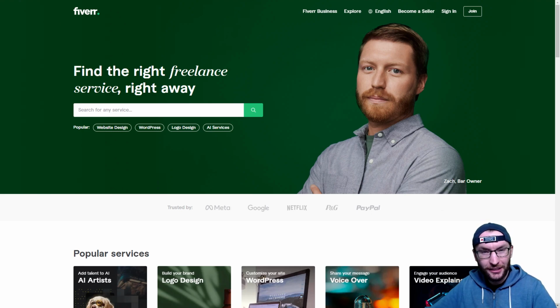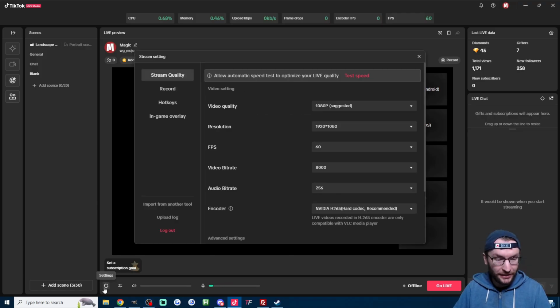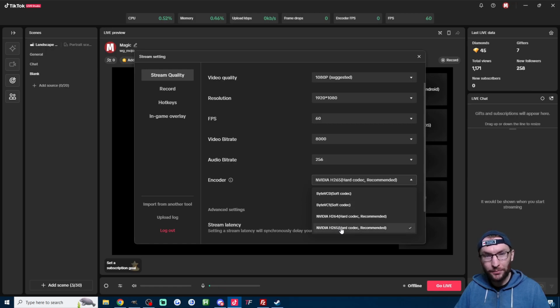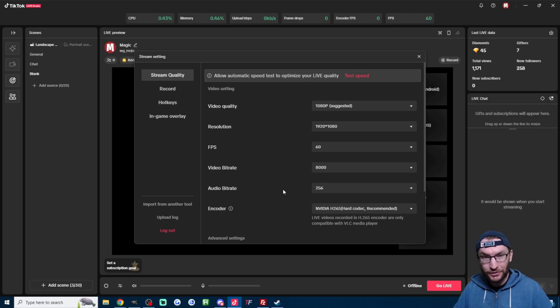But first, let's look at the best live studio settings. So in Live Studio, I'm just going to click onto the settings cog, and the stream quality tab is what we want. And here on screen are my recommended settings. The H.265 encoder here puts the least strain on your GPU, while the rest of these settings should provide a